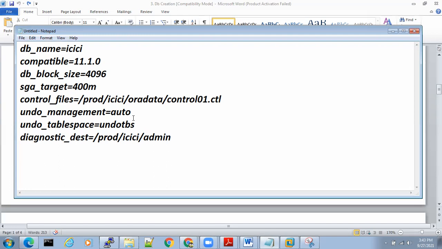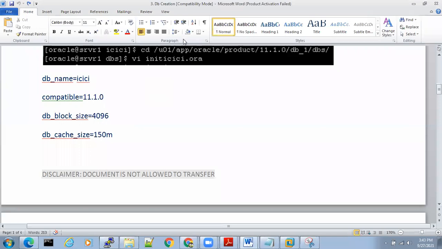Now dynamic parameters. What is dynamic? You people tell me. We can change whenever you want, anytime. When the database is running, you want to change the parameter, you can change it anytime you want. Those kinds of parameters are dynamic parameters. They are dynamic in nature. Understand, everyone? Yes, sir.